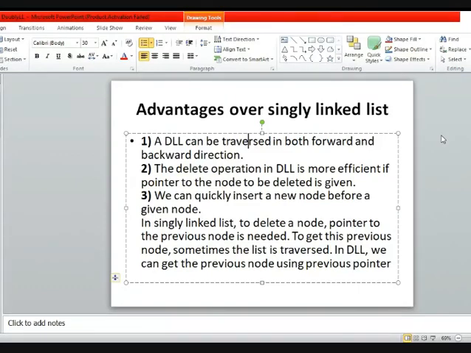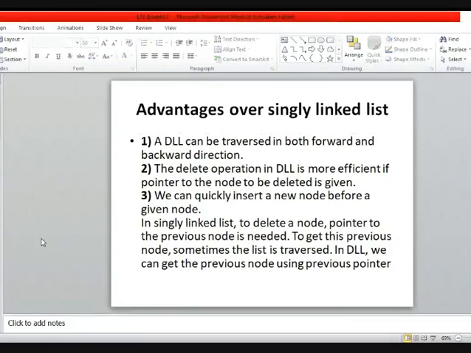The second advantage is that the delete operation in doubly linked list is more efficient if the pointer to the node to be deleted is given. Yes, very true. And we can quickly insert a new node before a given node. You can also see that in terms of the addresses a single node has.